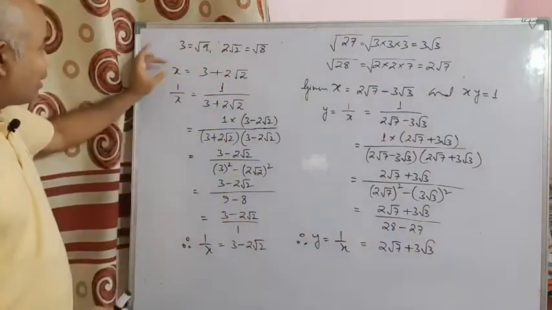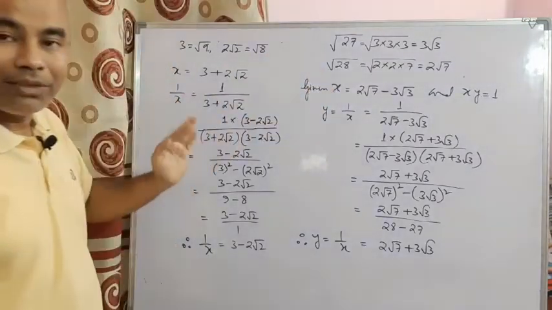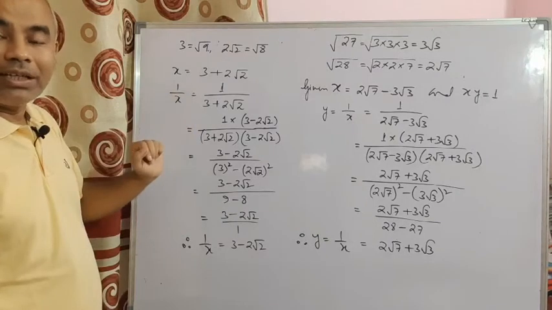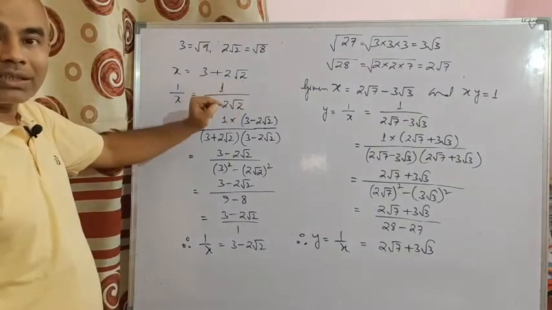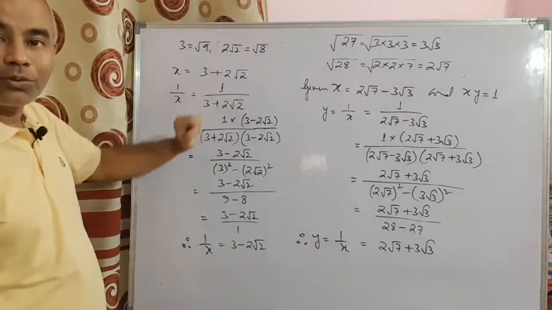Okay, that means the values of x and 1 by x, if you observe, are rationalizing factors of each other. Okay, when x is 3 plus 2 root 2, what is this rationalizing factor? You have to change the sign of the second term, so it is 3 minus 2 root 2, which